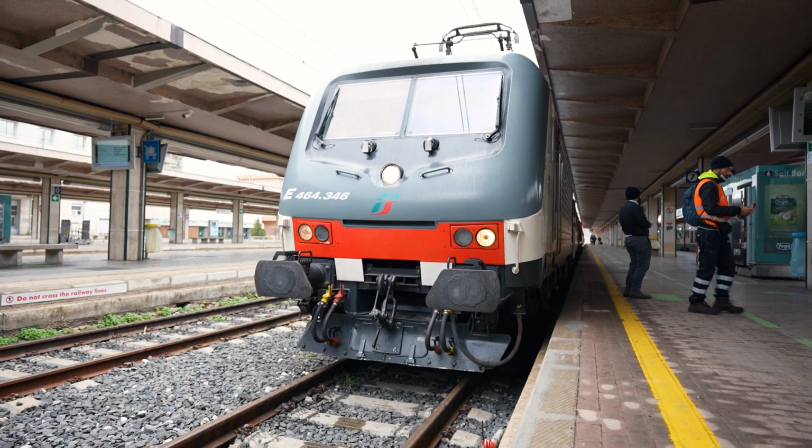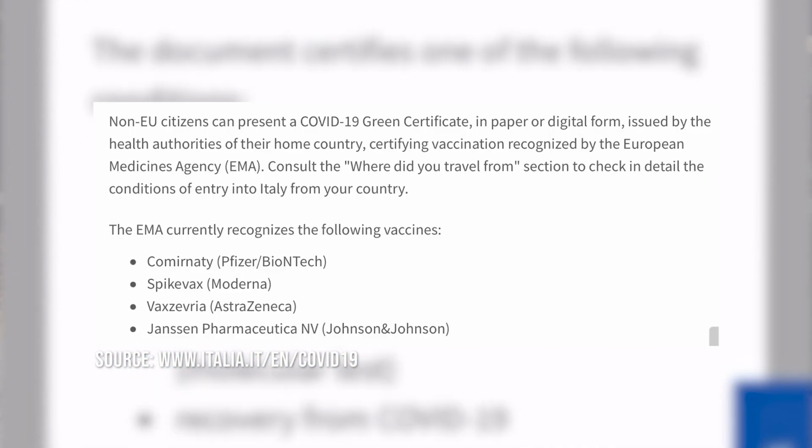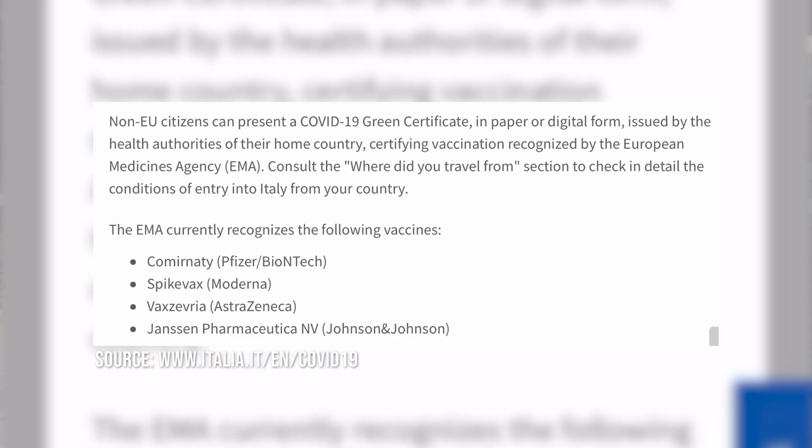A little snag in our kind of hang out at the train station plans. We tried to go into the cafe right behind us, and to go into any restaurant you need to have a green pass. Only EU citizens can get the green pass, which is like a digital QR code that they scan, but everything, including Italy's tourism website, says if you're a non-EU citizen, you just use the certificate issued by your home country as long as it's one of the approved vaccines, which Pfizer and Moderna are on there. And so we've been handing it to people every time we've been asked, and half the time they're confused, but every time they take it, they accept it, but they didn't take it here. And it's really just up to chance of the individual of whether or not they know that that's a possibility,